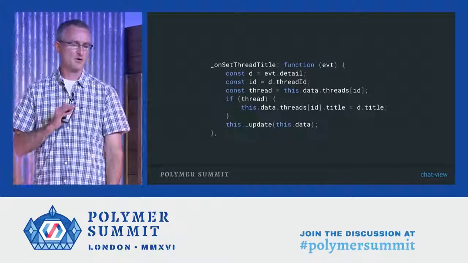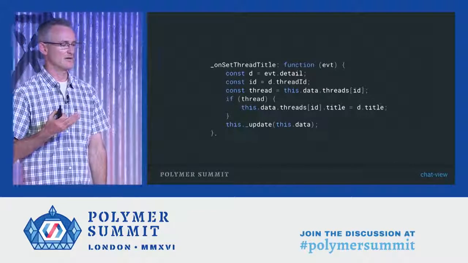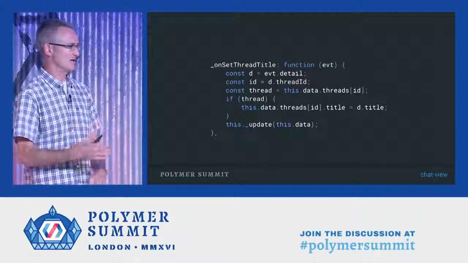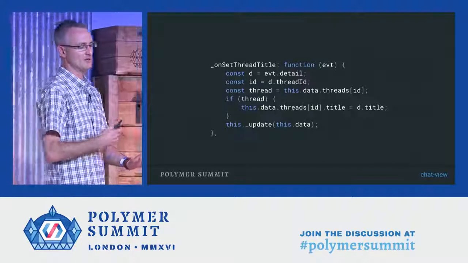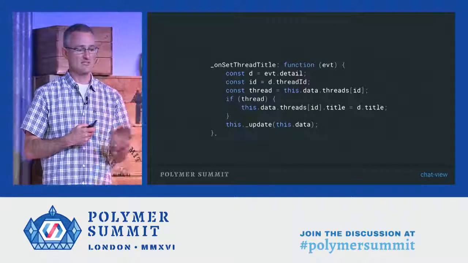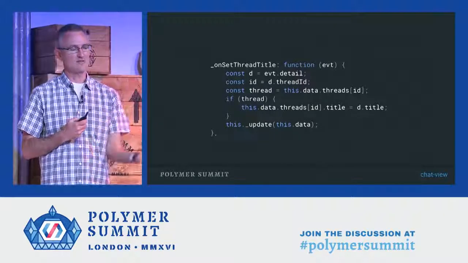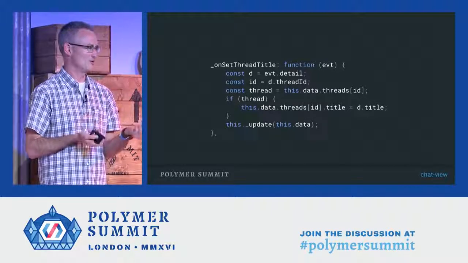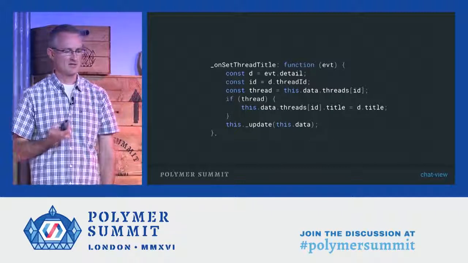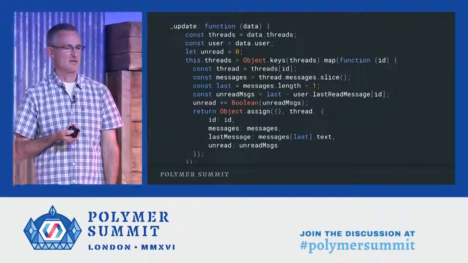So the one piece we haven't shown is how we actually respond to the events in our main app. In other words, what does the logic look like in that centralized model? And it doesn't look like Kevin's version, which was almost purely declarative. Everything's in templates. There's a few one-line functions. Here we actually have some